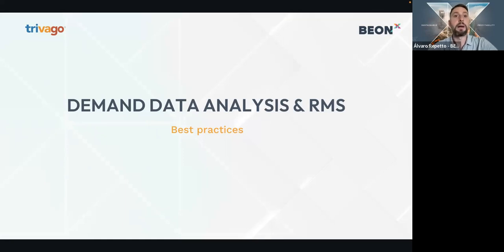But mainly, the best practice that I could give is to try to find an RMS if you don't have one, because you have everything in one place and you can use this data properly. You don't need to treat the data yourself. If you gather the information from Trivago, for instance, you won't be able to treat this data. So if a system provides you the data already treated, it will be easier for you, and you just need to take action based on that information.